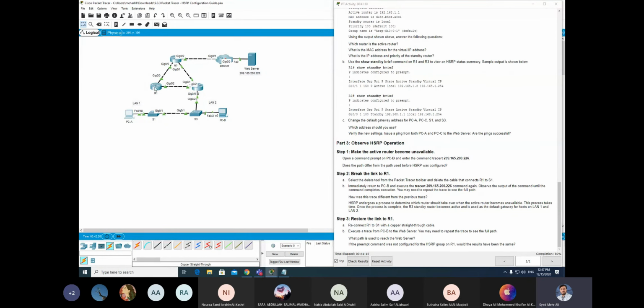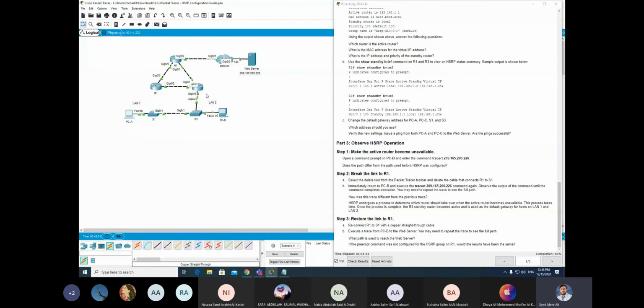we have the virtual IP we assign to this link. Between, there is no link here. So we configure a virtual link between router 1 and router 3. This is our virtual interface IP, and now the default gateway for PC1 is the virtual IP address of router 1 and router 3, because this virtual IP is the same.